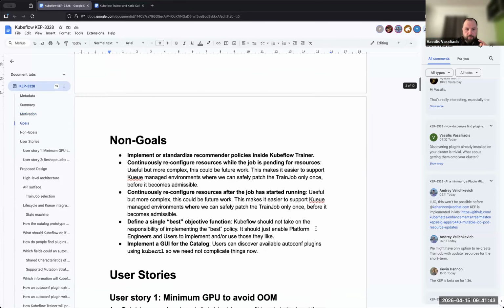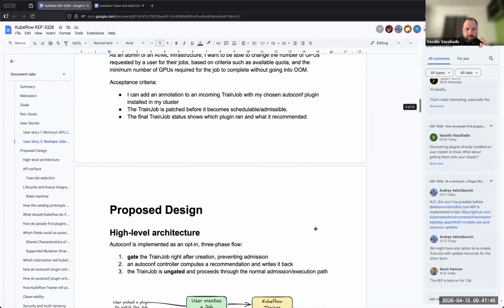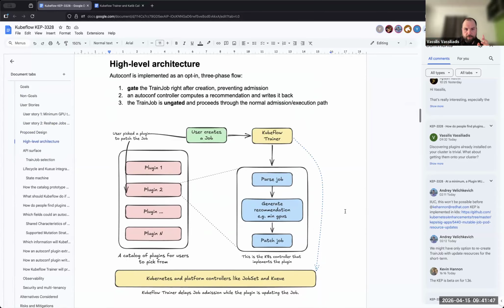I'm going to scroll just a little bit past the user stories. This is what I think we should try to get to. Going back to what Andre just said about the protocol, the protocol should be, let's try to minimize the code that goes into Kubeflow, because this is kind of an MVP of sorts.